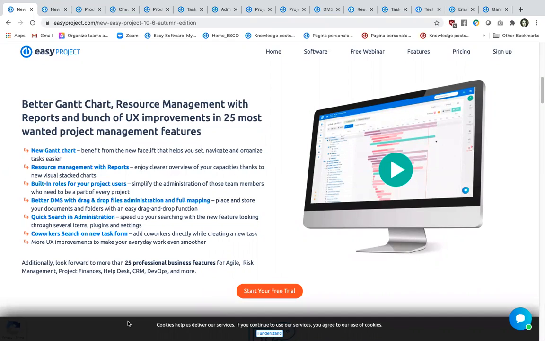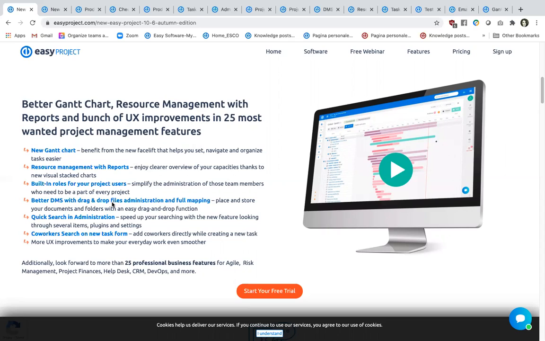We will structure this webinar starting with the new features that we have developed which are related to the tasks. Then we will look into the new settings admin bar, the quick search. Then we will have a look at the projects and the settings named deletion confirmation. Then we will have a look at the built-in role, which is part of the user types. We will have a look at the DMS, the new feature with the drag and drop